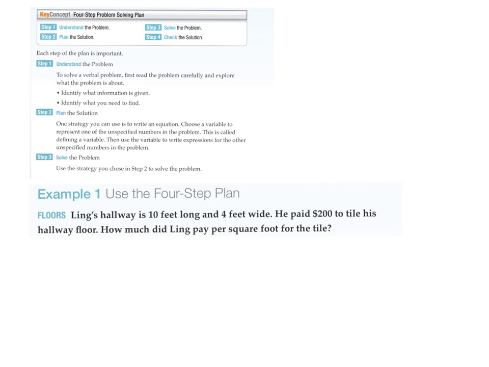So when we're doing this problem, we want to look at this part. The fact that we want to know money for tile and how much money per square foot, per being that this is 1. So when we do this problem, we want to look,